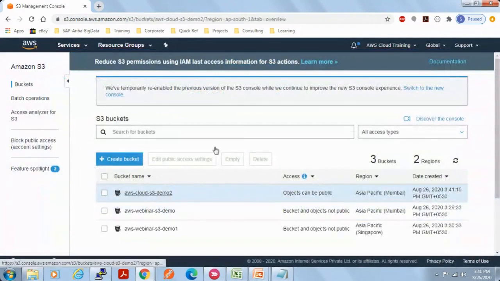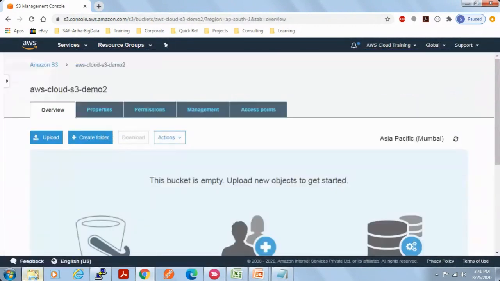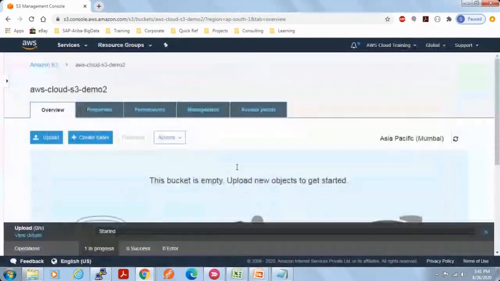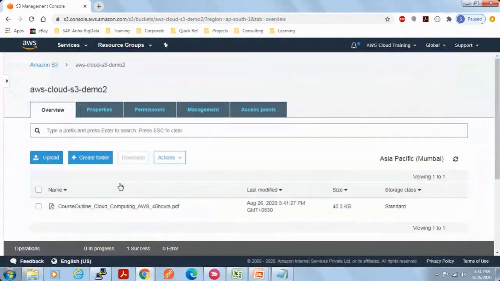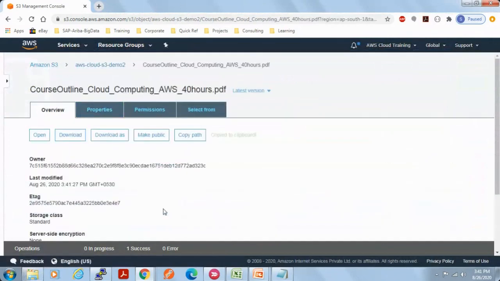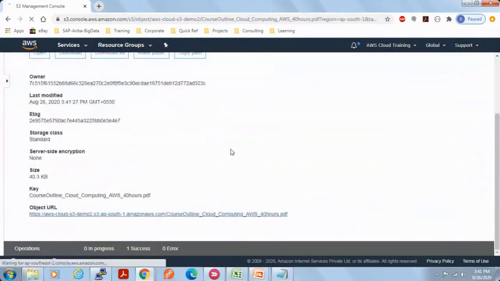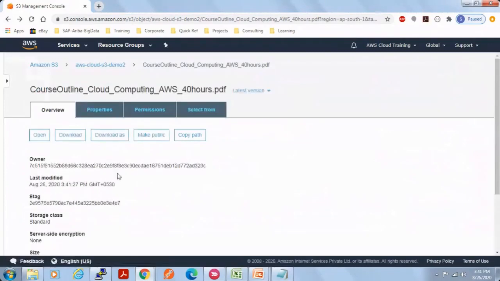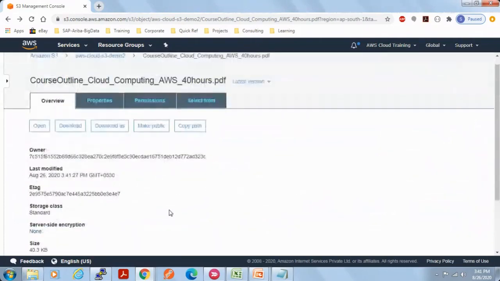So I created a bucket. Let me just upload the data into this. Okay, and am I able to access this data? Let me try. No, because now the bucket has public access, but the object which I uploaded does not have permission to be accessible over public. So how do we make it publicly accessible? We can say make public,